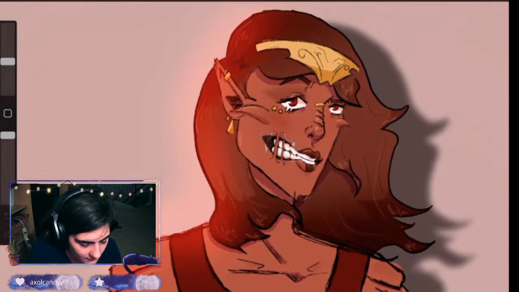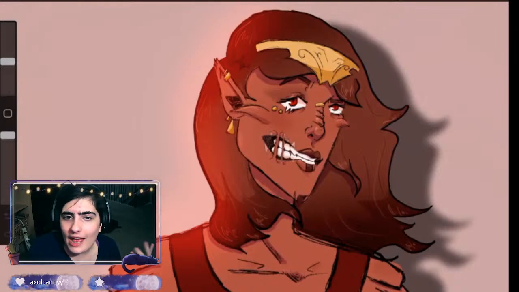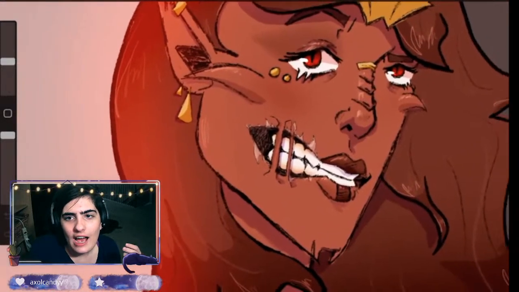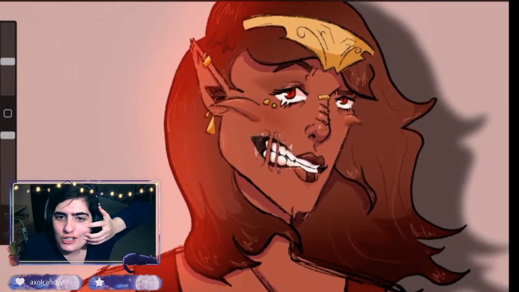This was going for more of a kind of beautiful look, right? Because red is passion, red is beauty, red is love, and all that stuff. Red is also like anger and hate, right? Which is why I made her more pointed, kind of demonish, with a giant gash in the side of her